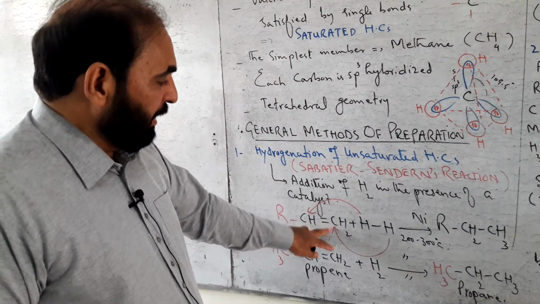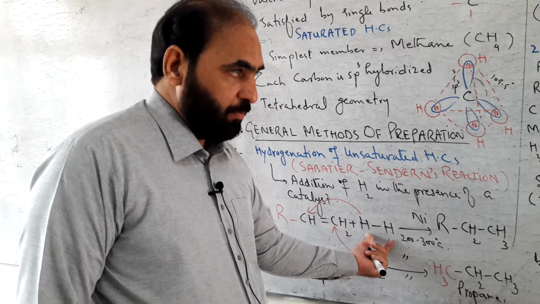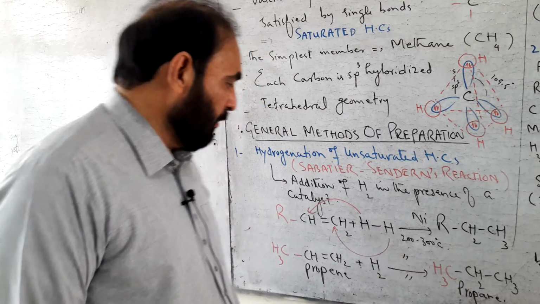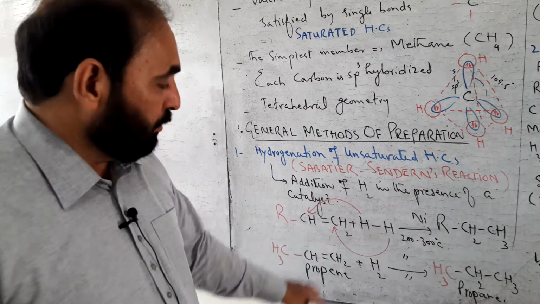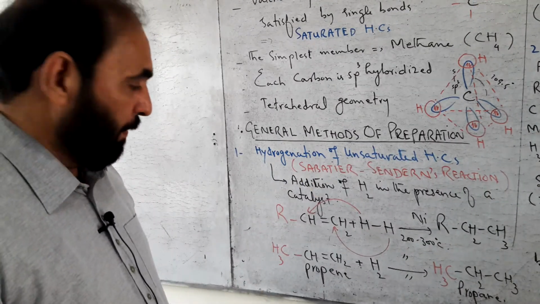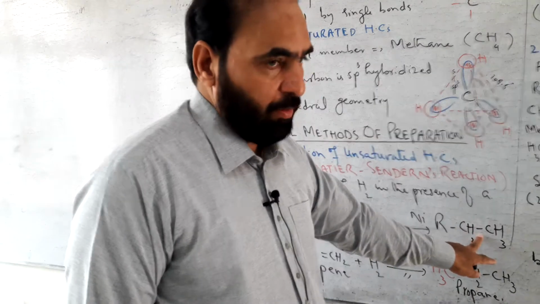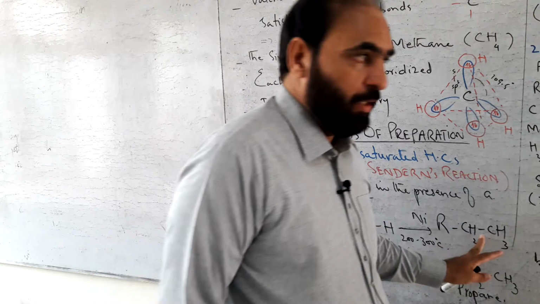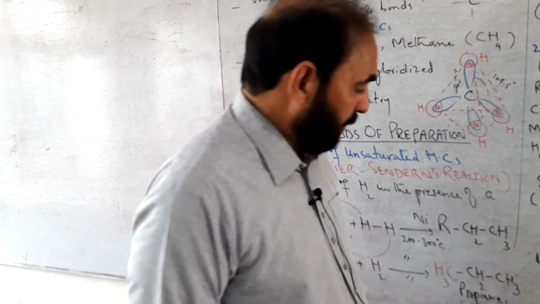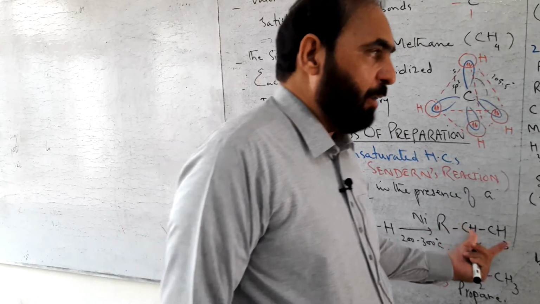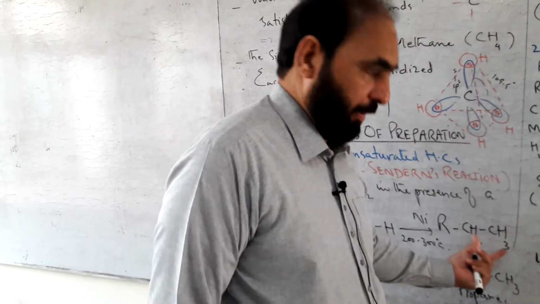So when an alkene is hydrogenated, each hydrogen atom of the hydrogen molecule goes to a carbon atom separately, and the carbon atoms become bonded by a single bond. They are fully satisfied with the 4 valencies by single bonds. So when the C-C bond becomes single from double bond, it becomes an alkane.